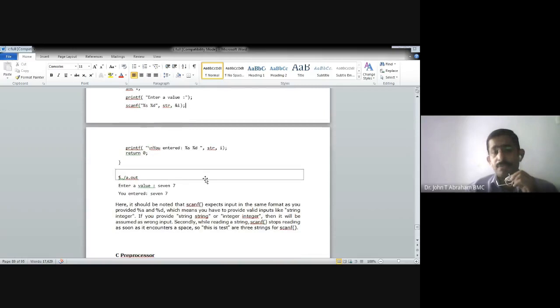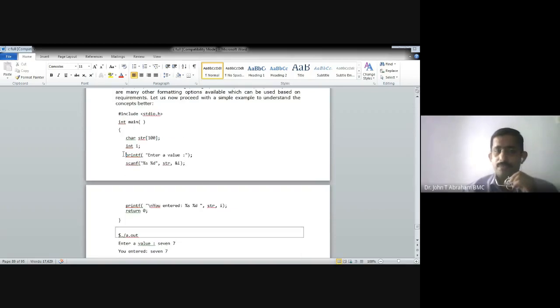Then the printf statement, what is the syntax? In a similar way, we write the printf statement for the output. So printf within brackets: format specifier, comma, variable list. Otherwise we write, say, printf("enter a value"), which is a string. If we use some %d, then that %d is replaced by the value. Suppose we want to write the value of i, and i is 5, then 5 should be displayed here.